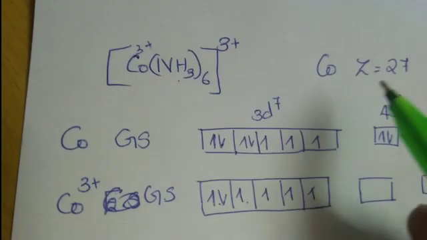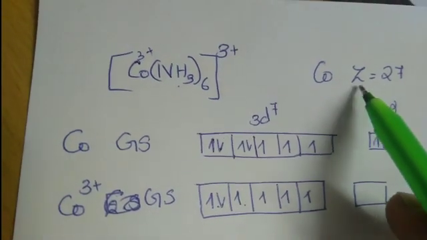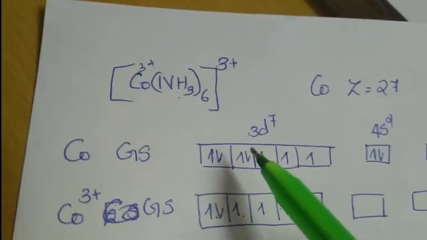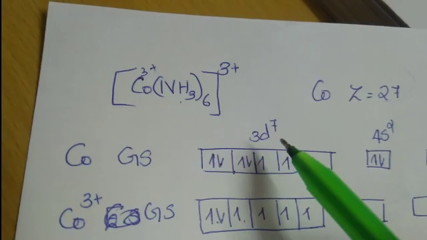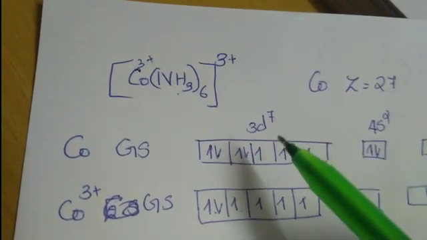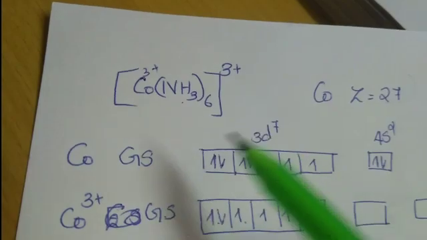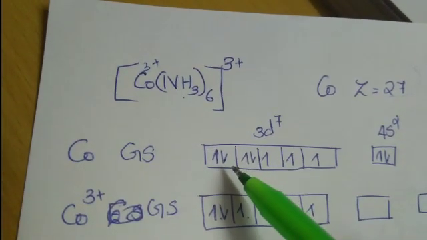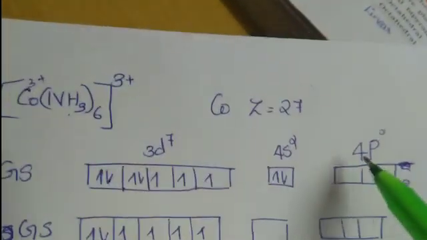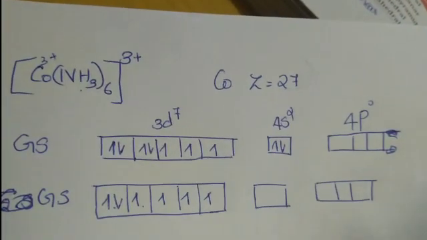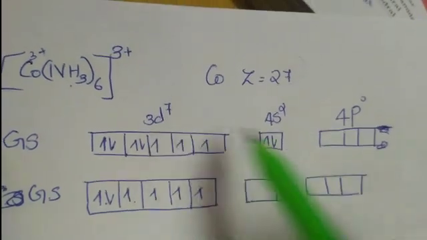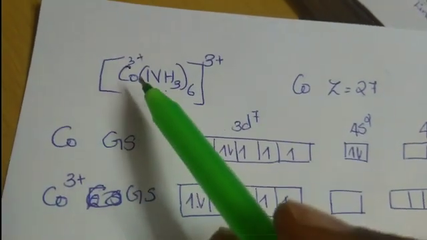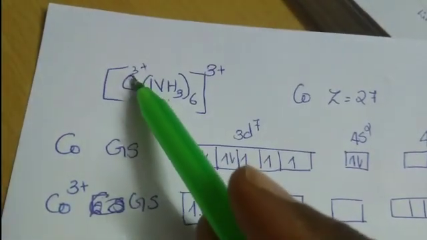And we know the atomic number of cobalt, isn't it? What is it? 27. So from that we will get the outermost electronic or valence shell electrons; the electronic configuration we will know. So the ground state electronic configuration of cobalt is 3d7 4s2 4p0, isn't it? There is no electron in the p orbital, in d there is 7 and in s there is 2. Okay, so this is for the cobalt, and in our complex this cobalt is in 3+ state.